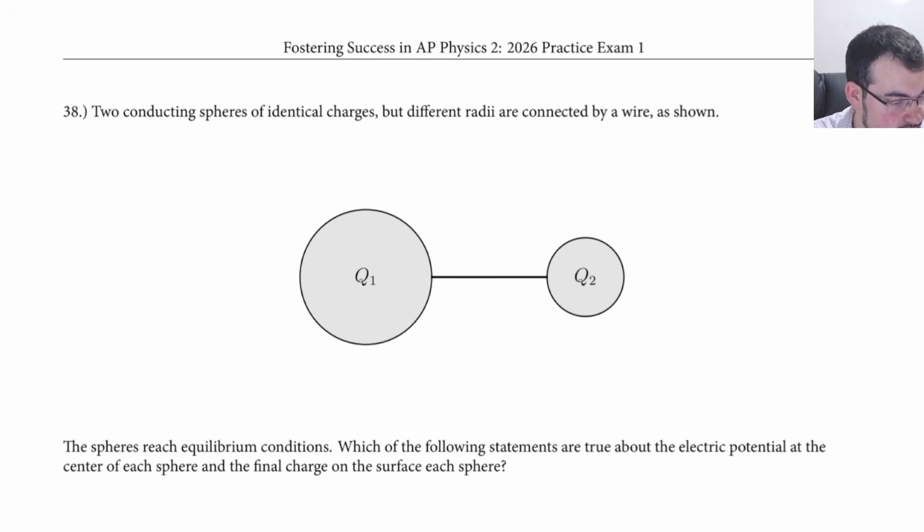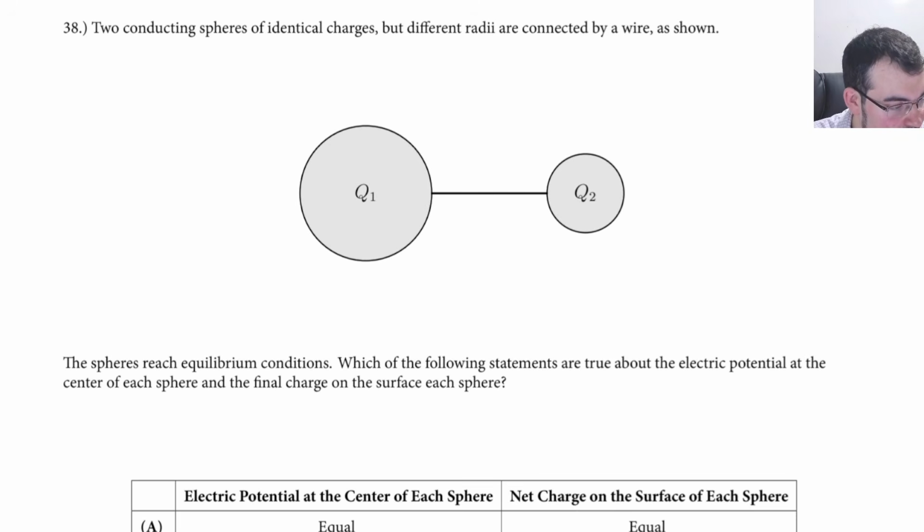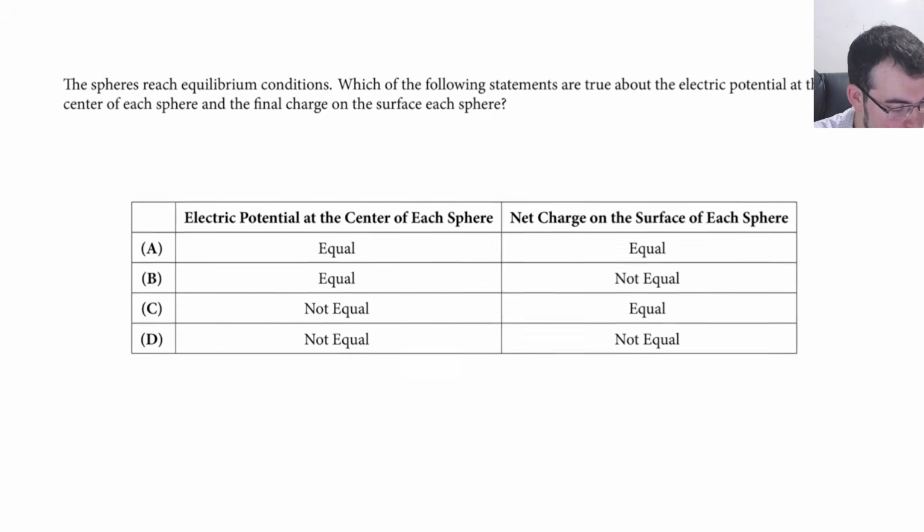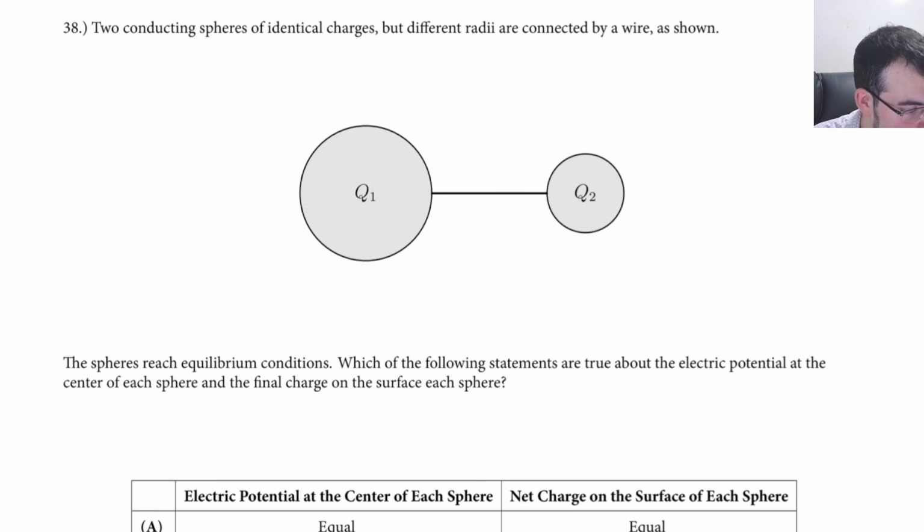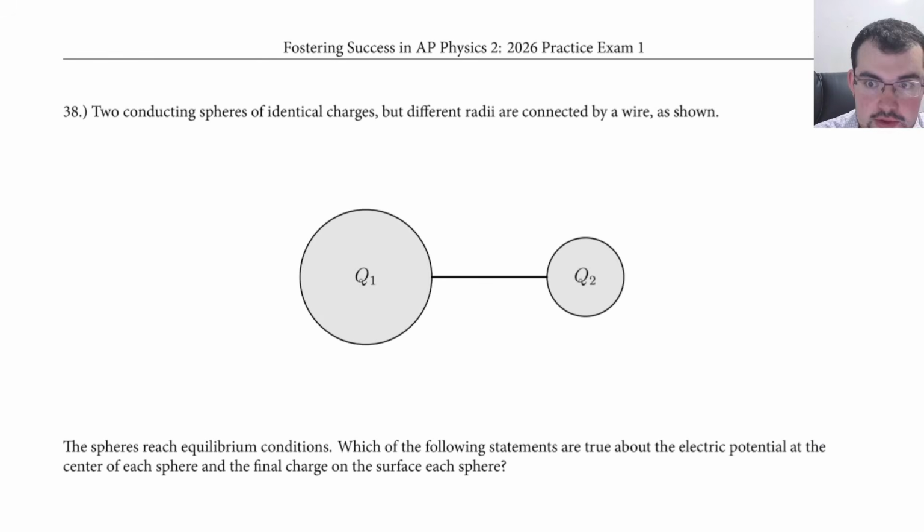Two conducting spheres of identical charge but different radii are connected by a wire as shown. The spheres reach equilibrium. Which of the following is true about the potential at the center of each sphere and the charge on each surface? Well, we have conductors that are connected. So we can use one of our fundamental facts that connected